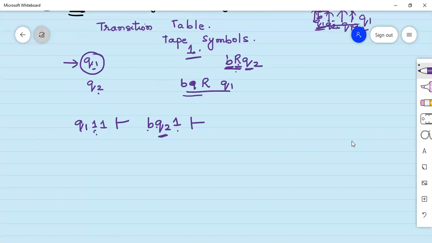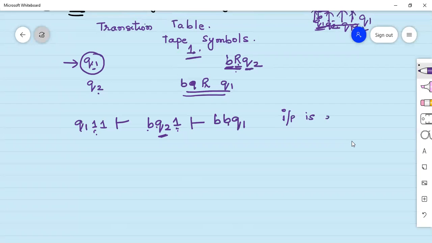Now you have the state as Q2 and the symbol is 1. So what does it say? Replace this 1 by a blank. Okay, the second one by a blank. Move towards right and go to state Q1. Correct? So now you are in this state. Now input is exhausted, right? Now since the input is exhausted,